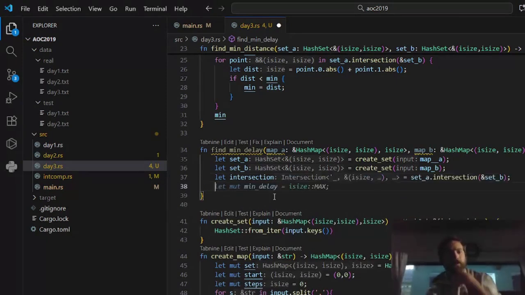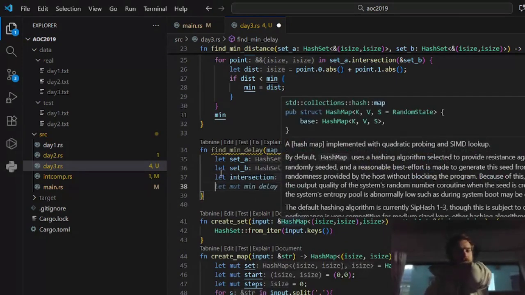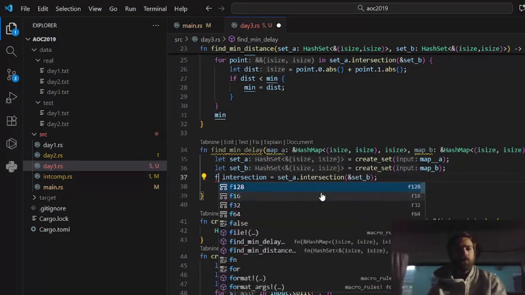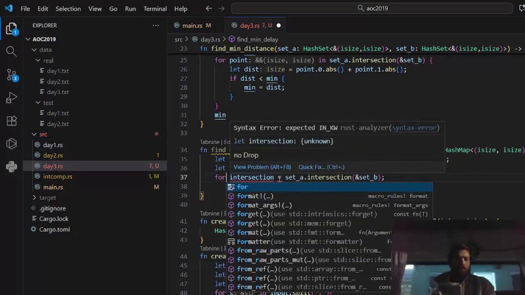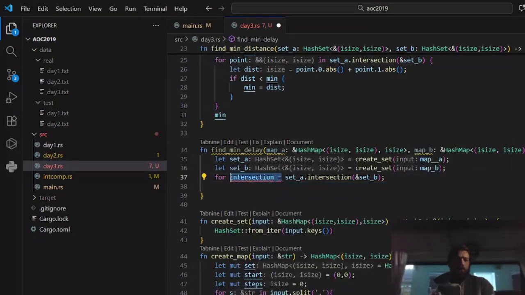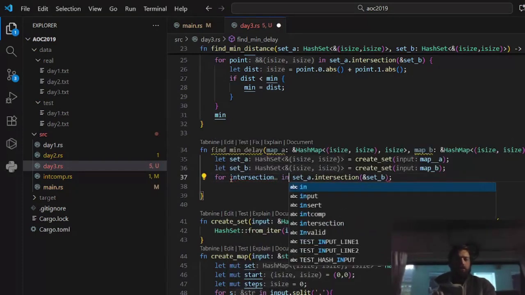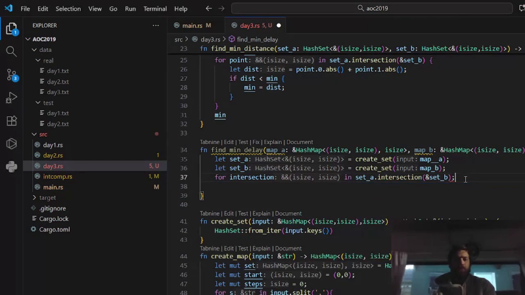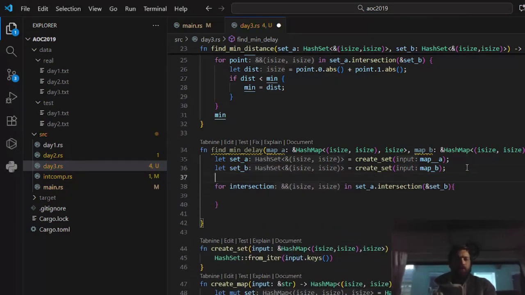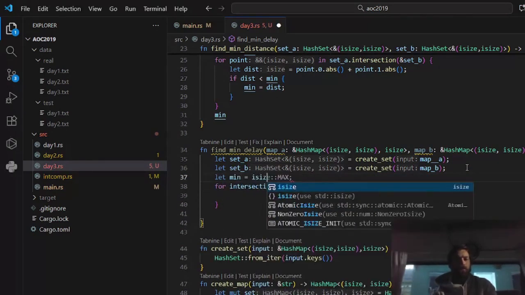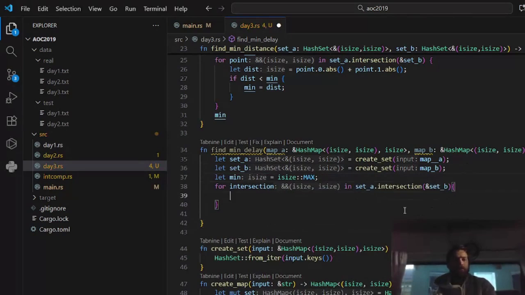So that's an iterator, and I probably, in fact, for intersection in. Okay, let min equal size max. Now the delay is the sum of the number of steps. So what I want to do, delay be equal to